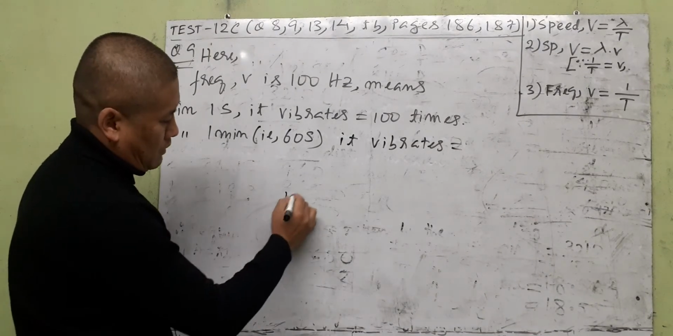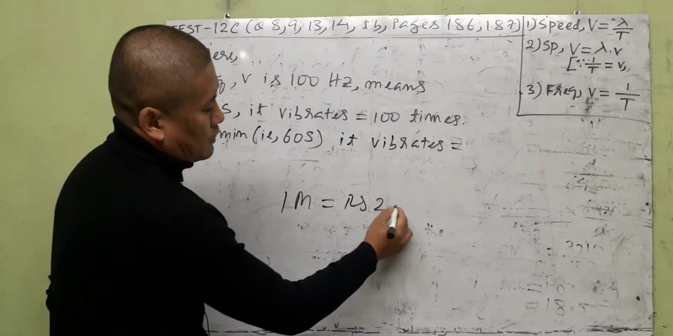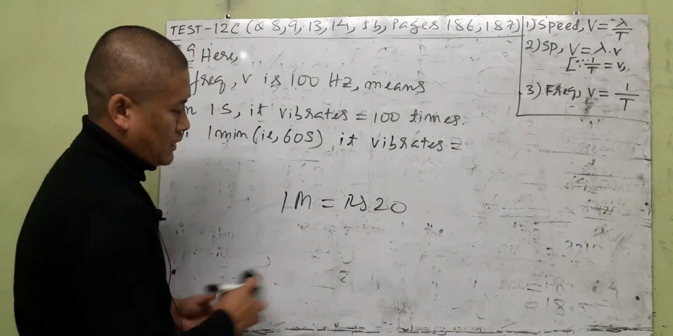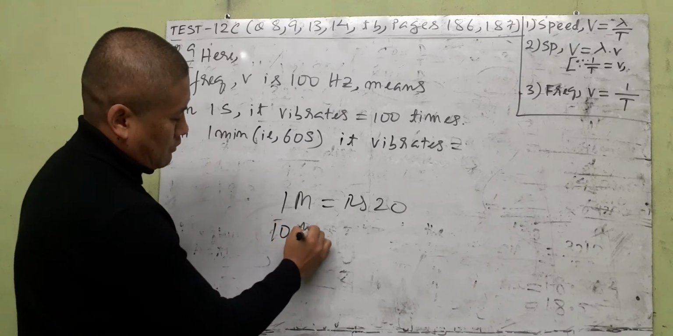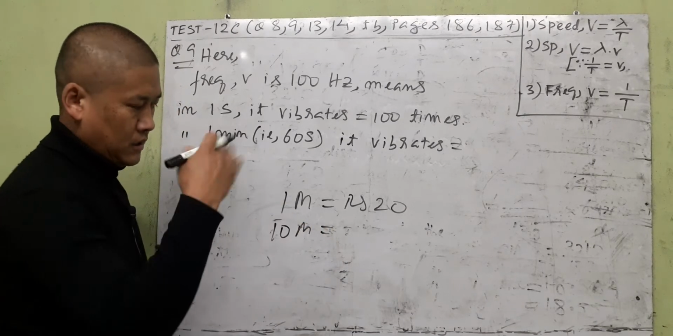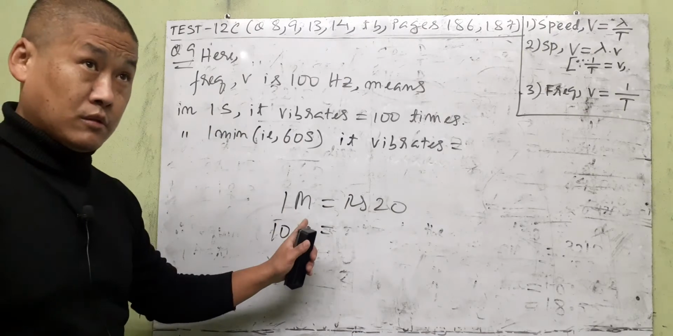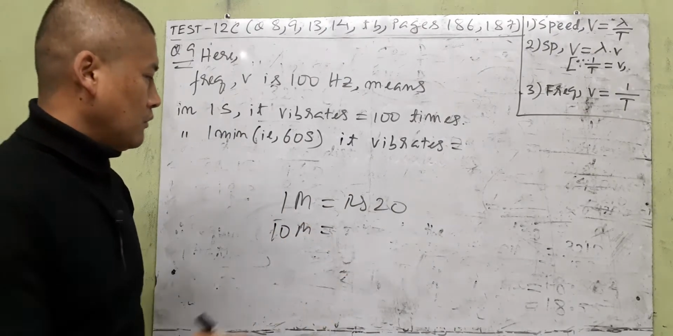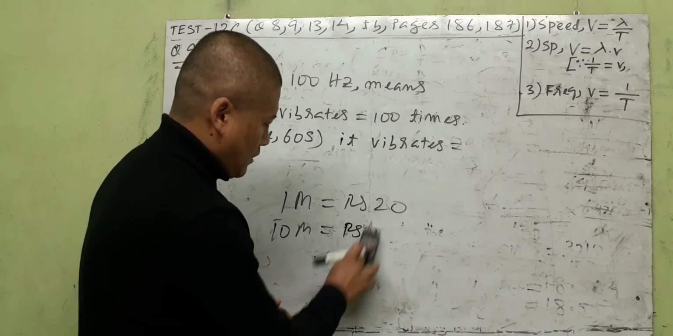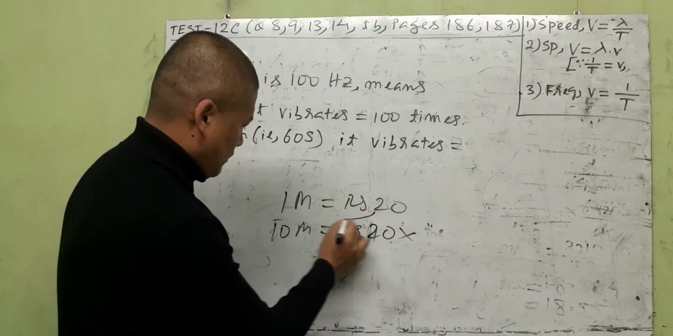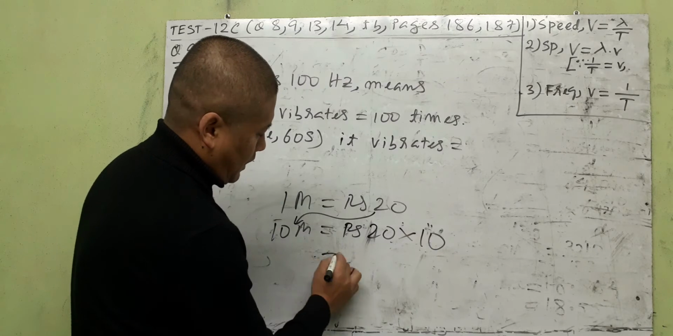Just like if 1 mango is costing you rupees 20, then if you were to buy 10 mangoes, how much would be the cost? Common sense. 1 mango 20 means 10 mangoes, yes, 200. How do you get that? Price of 1 mango, which is 20 rupees, multiplied by the number of mangoes you're buying, then you're going to get